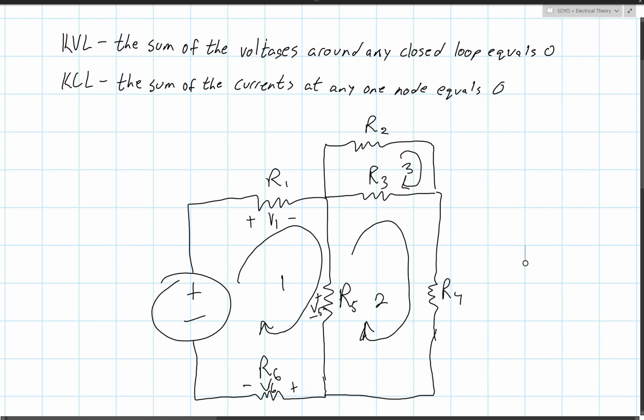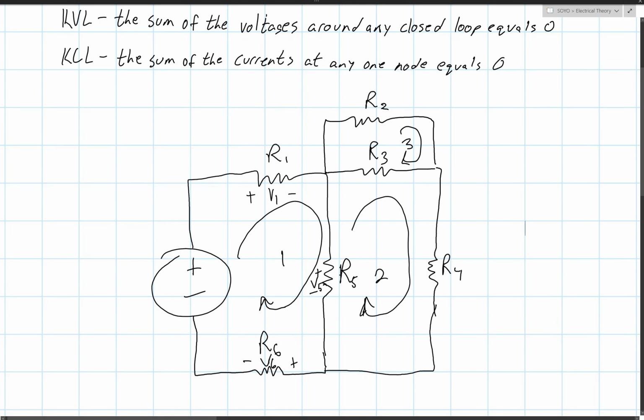All right. Hopefully that's clear. Anyways, so this would mean, and we'll call this Vs for V source. So by the KVL, the sum of the voltages around any closed loop equals 0. So that would mean, as we're coming in, this is a voltage rise. So Vs is going to be equal to